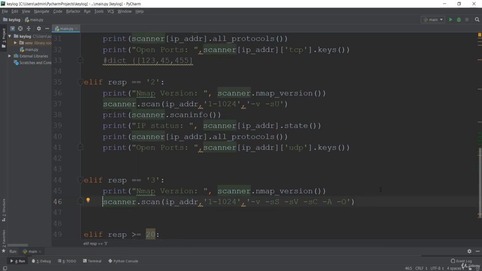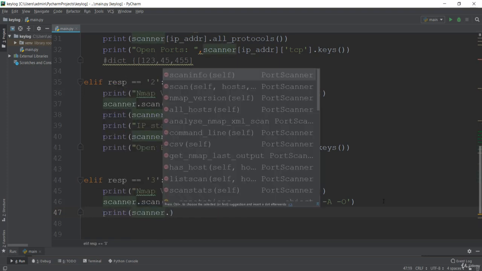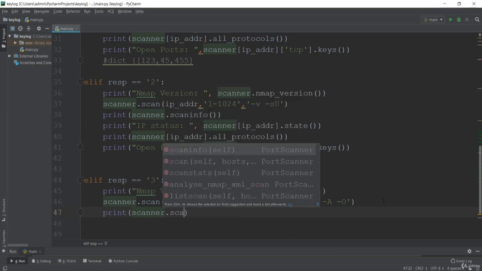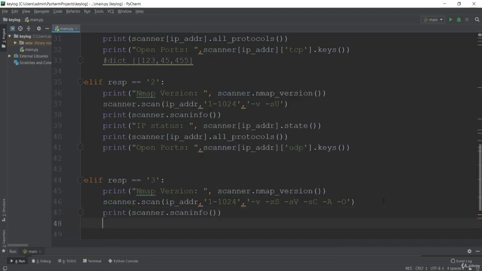So the next thing I want to do here is, same as before, check the scan info. First of all, I'll use this scanner object again, and I want to get the scan info, which will give the dictionary about the methods. The next one is to check for the IP status, same as before, and to check for the protocols. Let me just copy this and paste it over here.